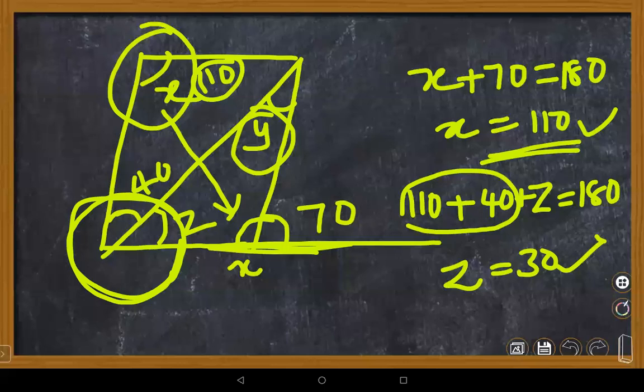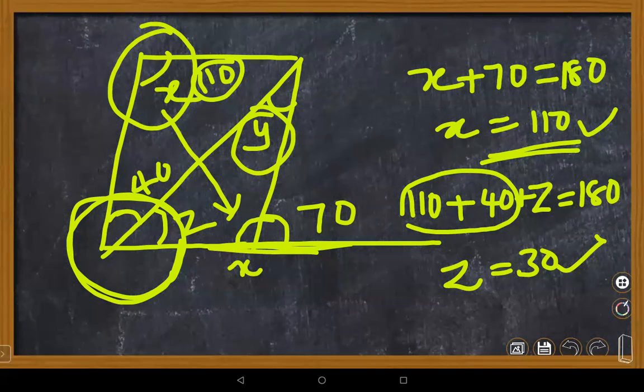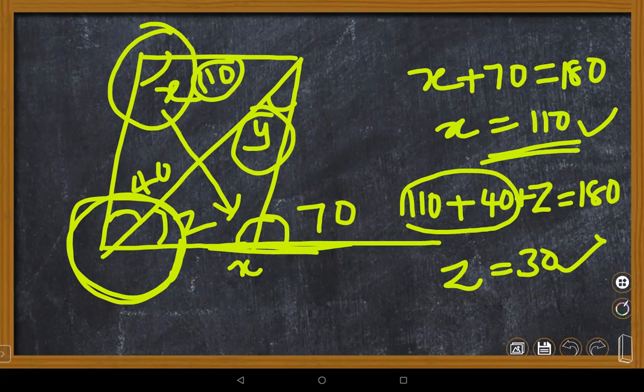And any other property we have, Abhinav, in mind? Ma'am, is this a quadrilateral or any other specific? No, it's a parallelogram. Ma'am, I didn't understand, how did you get the angle as 40? Ma'am, then if it's a parallelogram, we can get the opposite angle, right? How you will get 40 is your question, right?